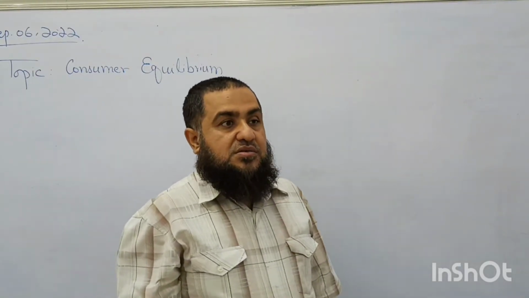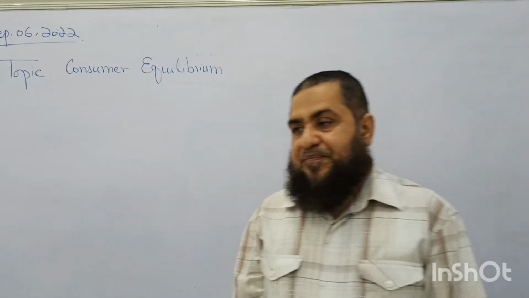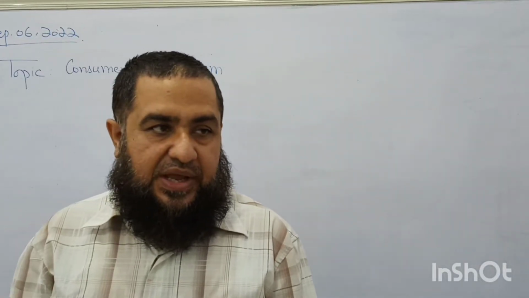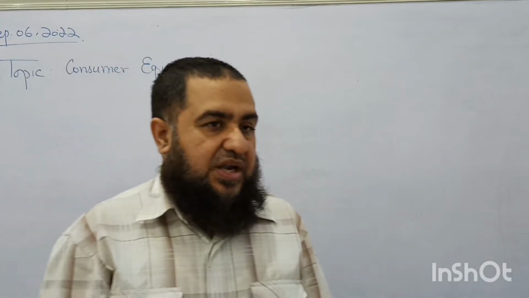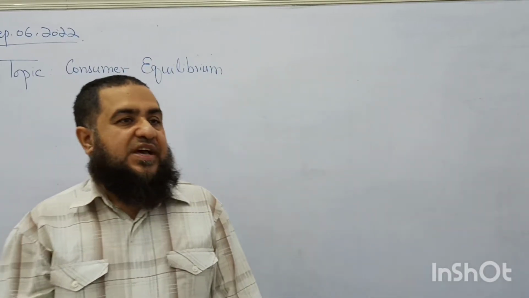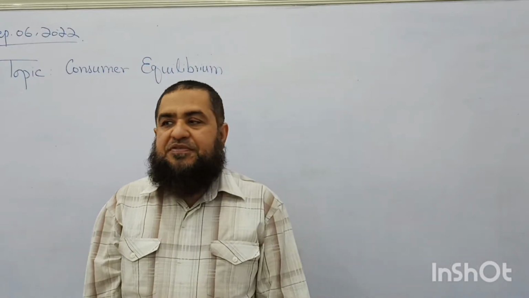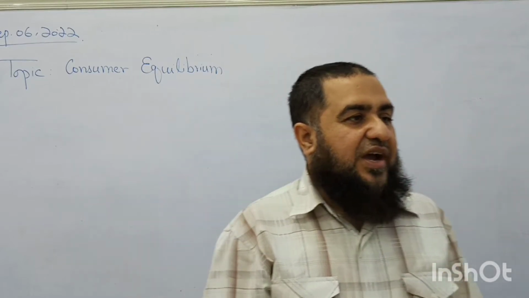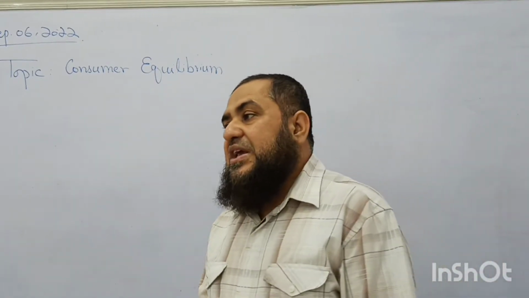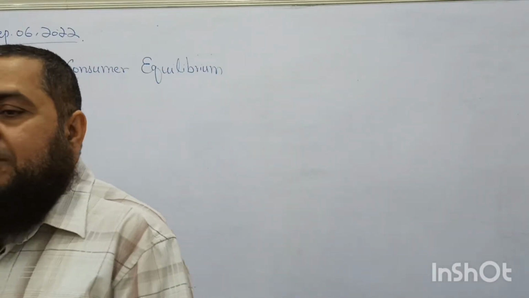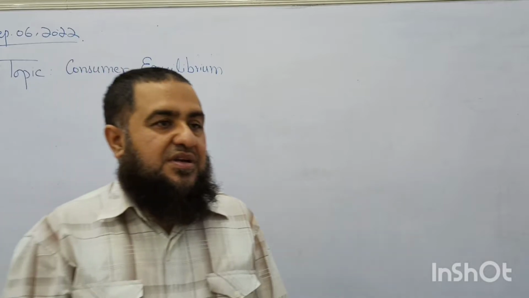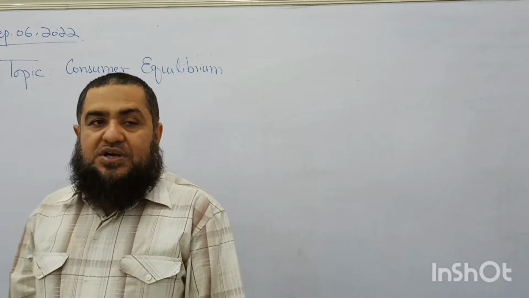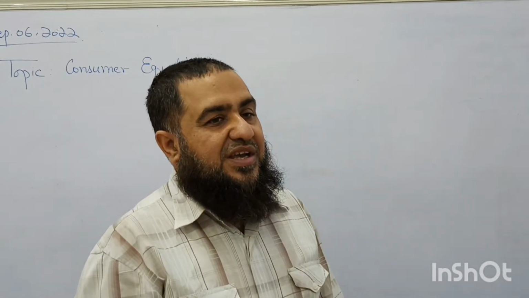Okay, today we are going to analyze consumer behavior. In our last session, we studied the indifference curve and budget line of the consumer. We studied them separately: how consumer preferences can be shown by using the tool of the indifference curve, and how we can see the affordability of the consumer within his income and the given prices of the two goods, because prices are the market signals to the consumers, and what the consumer is taking to the market is the income.